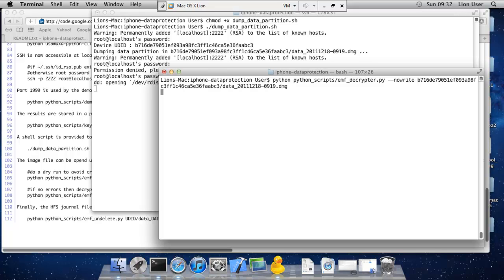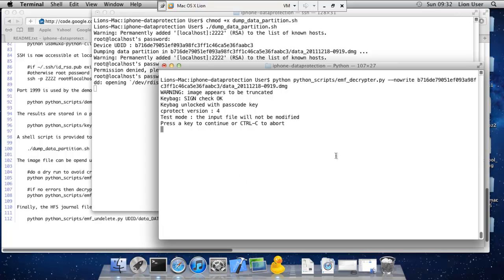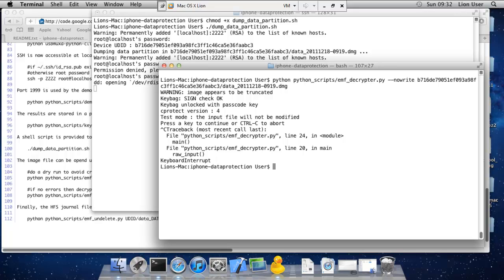I aborted the process by pressing Ctrl C. Now run the EMF decryptor without the no write option. Then it starts decrypting the file system permanently.